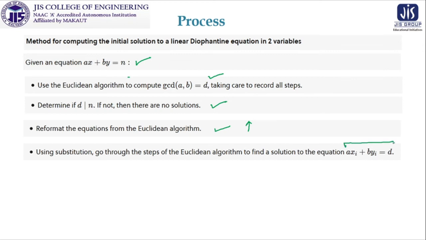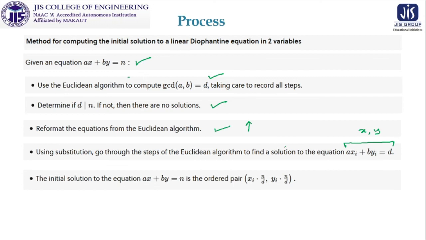That means first of all we have to find all possible solutions of a xi plus b yi equal to d, and this is solvable, as we know from the Euclidean theorem. After solving this we will get some xi, yi, but it is not desired. Desired is ax plus by equal to n, where d divides n. So what will be the next case? The next case is very simple: converting this xi and yi for the solution of ax plus by equal to n is x equal to xi into n by d, y equal to yi into n by d. As d divides n, that value will be multiplied with xi and yi.